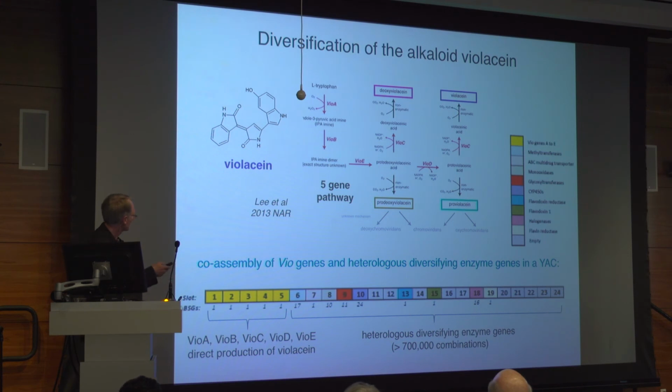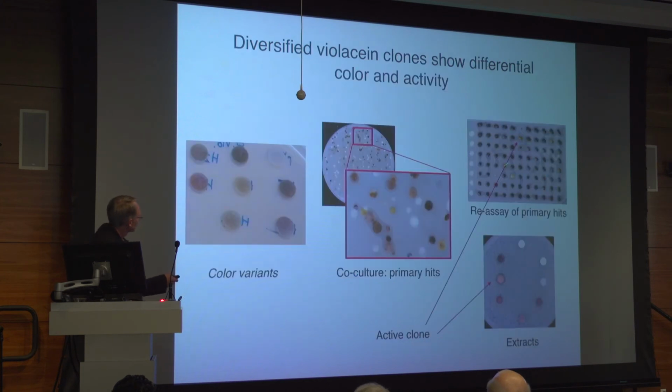Okay, so I think I'm running out of time here, so I'm just going to very quickly flip through one example. This natural product is an alkaloid called violacin. It's one of the standard products that's being made in yeast many times over. Here's our YAC, the core violacin pathway, and then we loaded it up with all of these different diversifying enzymes. And the reason I chose this example is you can look at this plate of the library, look at all these different colors. The violacin parent clone is a dark black color, but then you see all these different colors. We screened those in very simple halo-based assays against a couple of different bacterial pathogens, including a